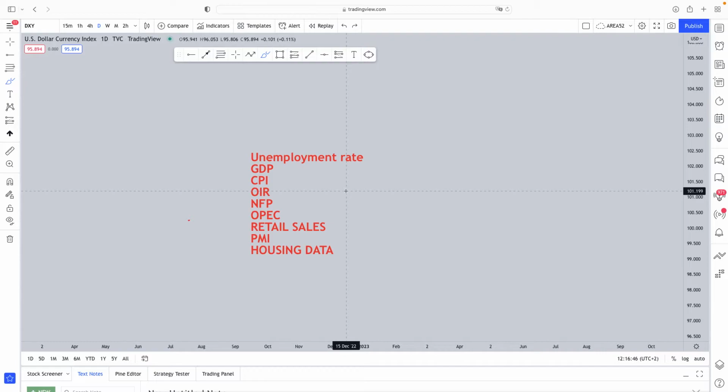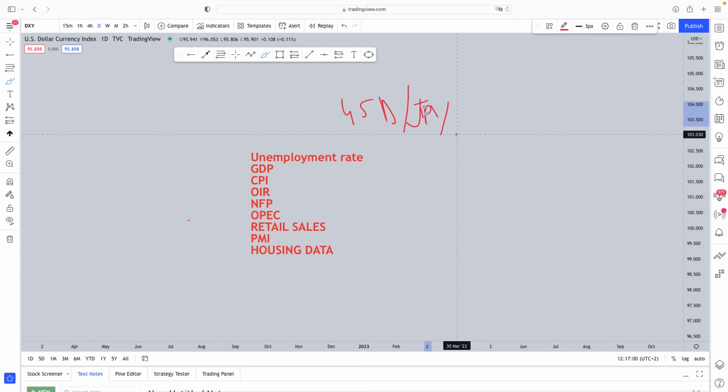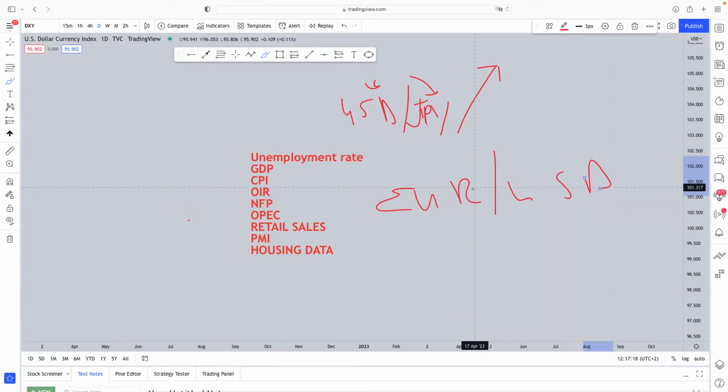So if you see the forecast for the NFP is higher compared to last month, it is good. That means you can buy. If the data is good for the US dollar, then you can buy the US dollar, because you expect it to get stronger against the Japanese yen. And I don't know what's wrong with the Japanese yen nowadays, because the price keeps on falling. And on the other side, you can sell the EUR/USD, because you expect the euro to get weaker against the USD because of the positive data for the US dollar as well.